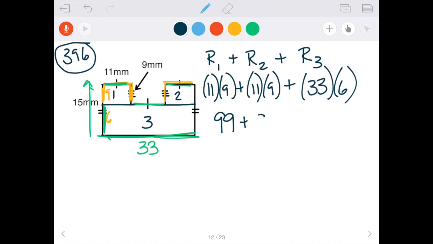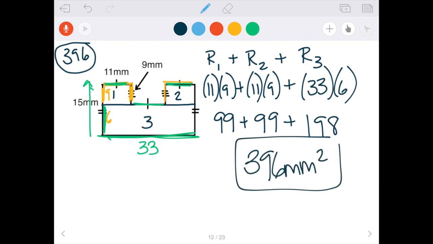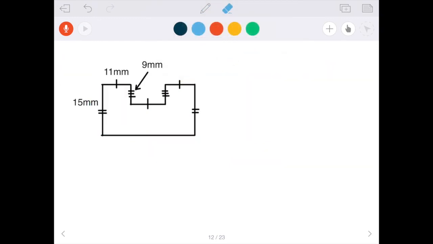the dimensions there. So 99 plus 99 plus, I don't know what 33 times 6 is. Let's find out. 198. Cross your fingers. I'm about to add these numbers, and yeehaw, 396. All right, so that's your second option for doing it. Option 3